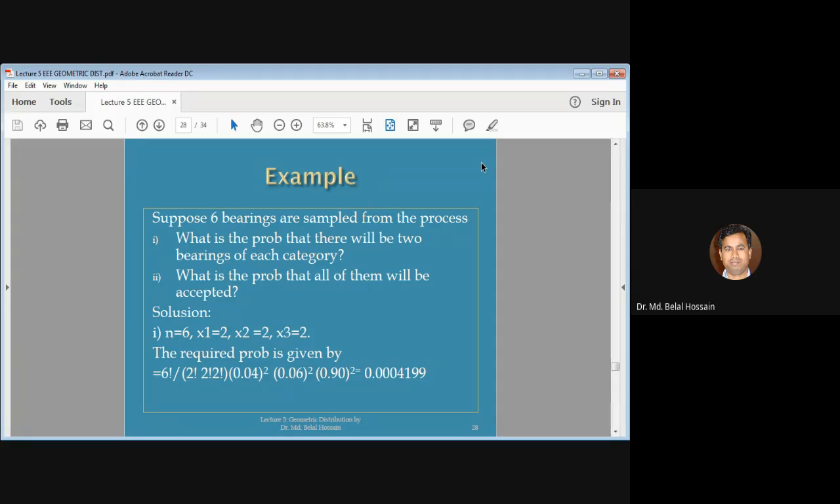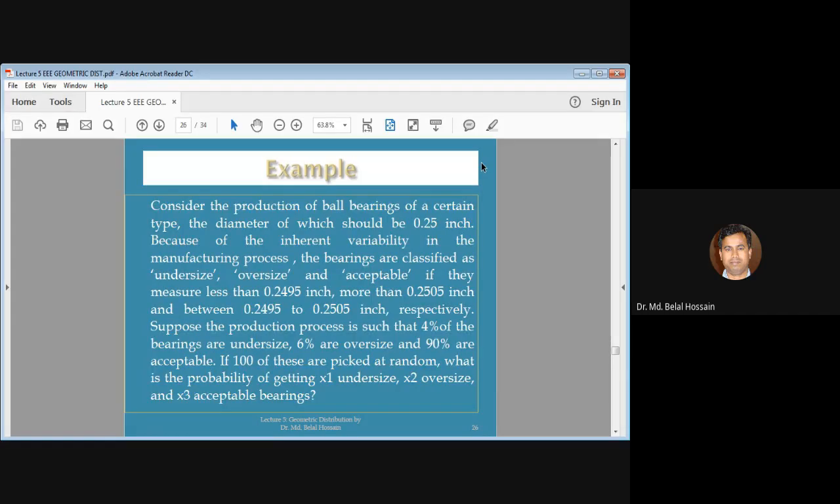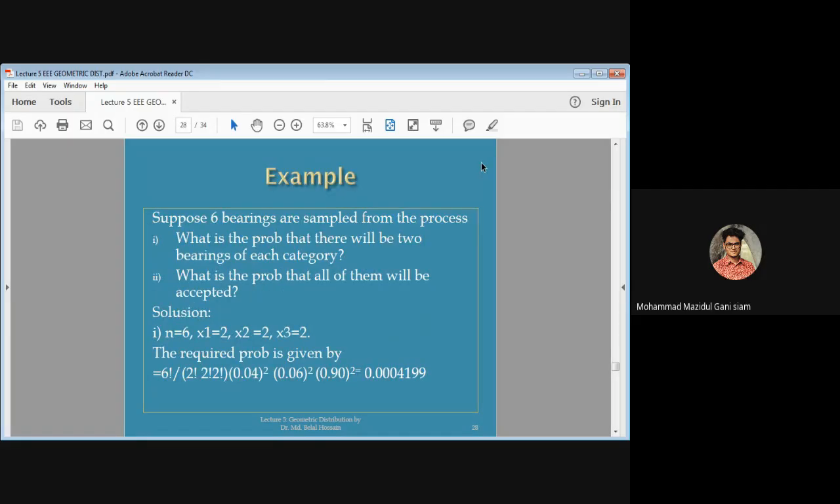ওকে, for example, the second problem, what is the probability that all of them will be acceptable? এটা করেন সবাই। Suppose all of them will be acceptable. স্যার এটা কি n is equal to 100 হবে নাকি n is equal to 6? না, এখানে তো বলেই দিয়েছে n equals 6। 6 হবে।